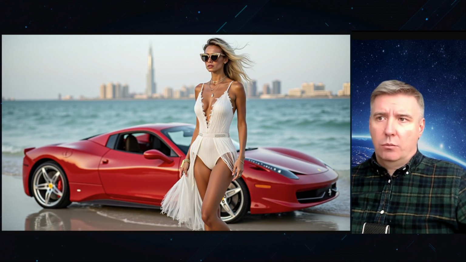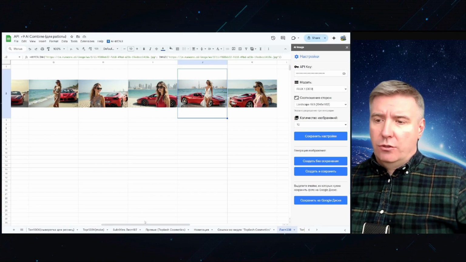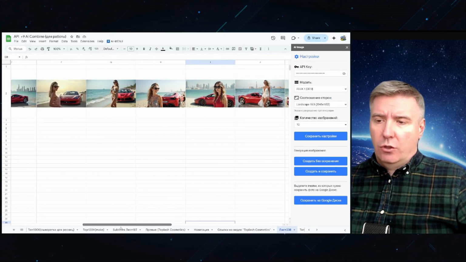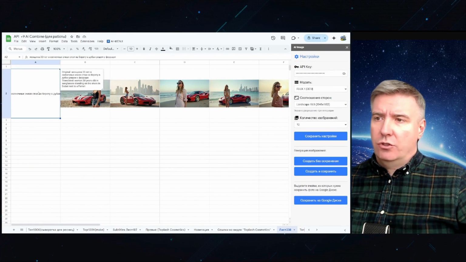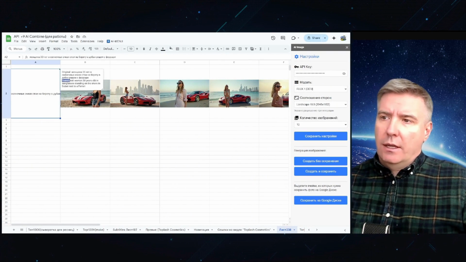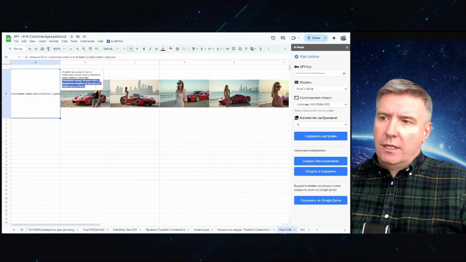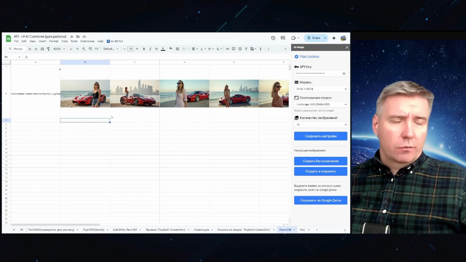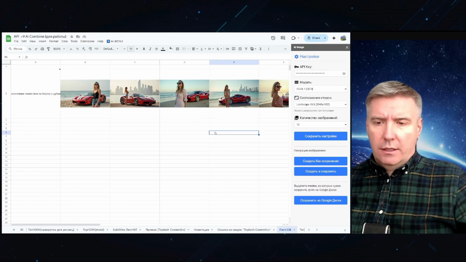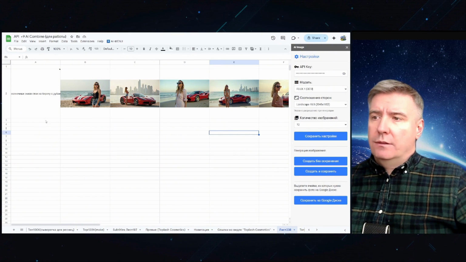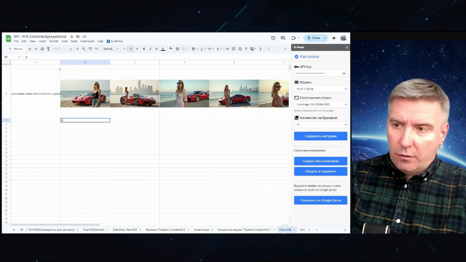You can specify more complex requests. And just so you understand how cool and convenient it is to work, here it is. You see the translation translated. Here it is, a 30-year-old woman standing in glasses on the shore of Dubai opposite a Ferrari. You can specify the color of the car, anything, like cases. There are hundreds. So, accordingly, if we want to improve the prompt, for example, I write here,